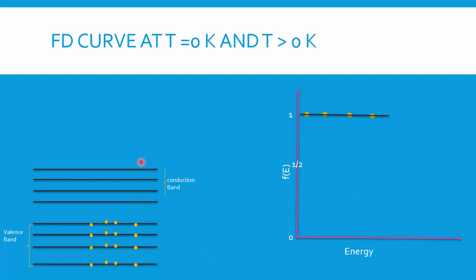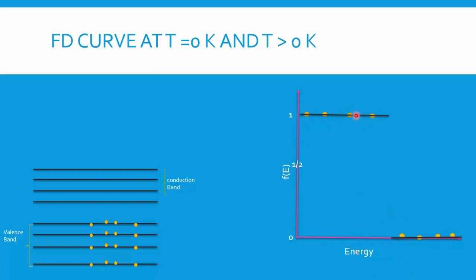Now the next 4 energy levels are empty, which means they have capacity, but now the attendance is 0, so the probability is 0. What will be the value of F(E) for the next levels E5, E6, E7, E8? It will have a probability value of 0. If I plot the points on the graph and join them, it will have a 1 state and a 0 state.